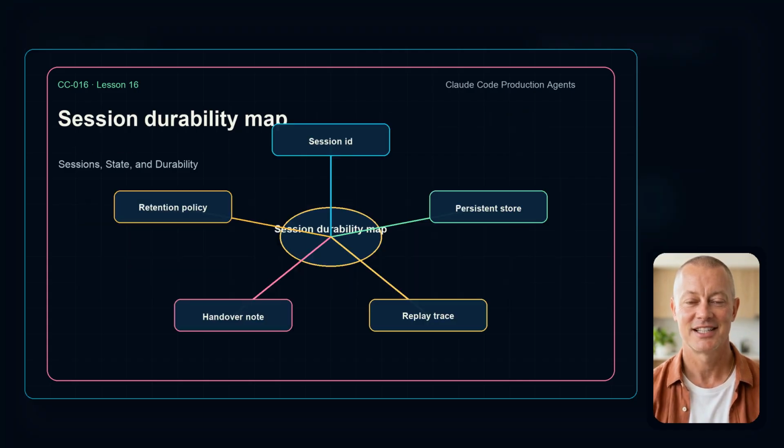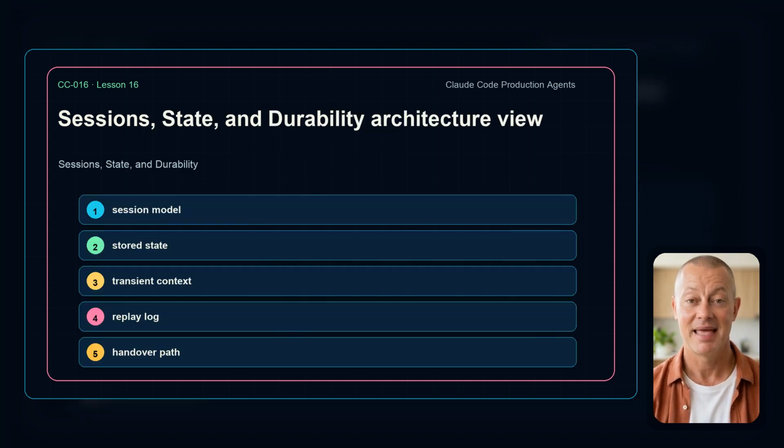The visible artifact is the session durability map. It has 5 parts: session ID, persistent store, replay trace, handover note, and retention policy. If one is missing, the agent may answer correctly while the team loses the evidence needed to operate it. This part of the visual map matters because it shows the actual moving pieces: session model, stored state, transient context, replay log, handover path. If one of those pieces is invisible, the team will struggle to operate the workflow under